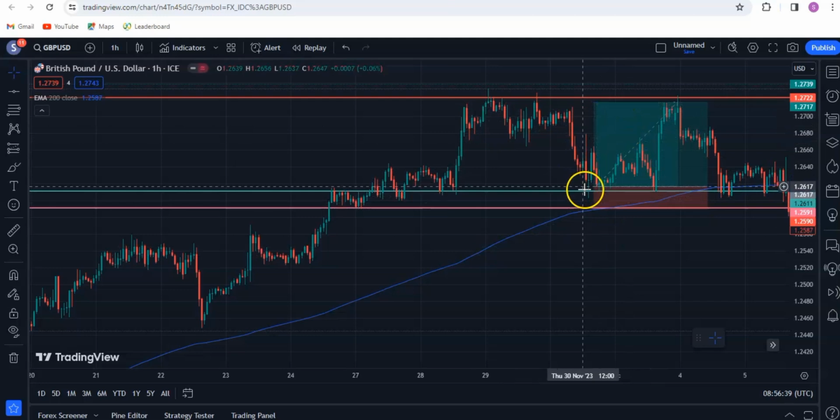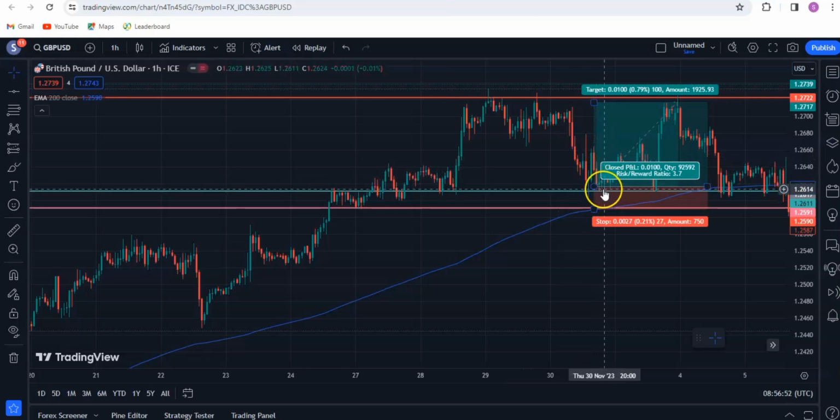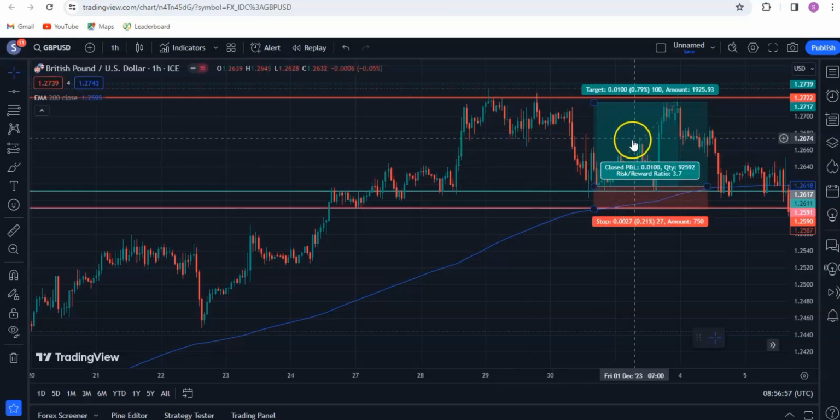Now look at the market reaction. Immediately it touches the point. Remember, this place here is our entering point. After our entry point, we can see that the market moves up, comes back down at our support zone here, and we stay in the market as it keeps moving up, and it comes back down again at our